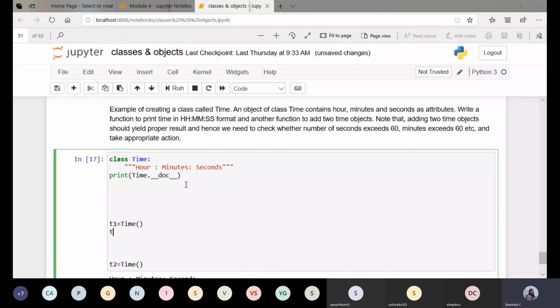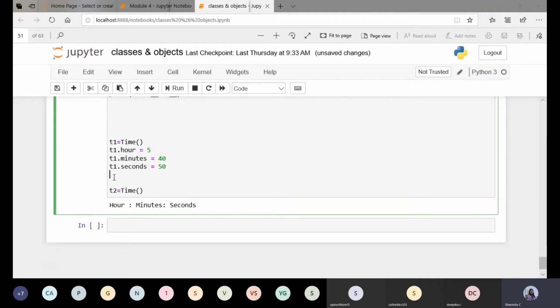So I'll create instance attributes: T1 dot hour equals 5. Next, T1 dot minutes equals something like 40 minutes. Then once again, T1 dot seconds equals something like 50.